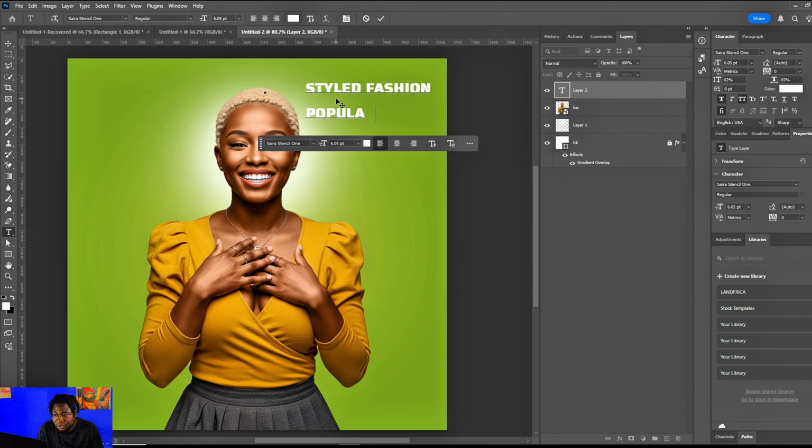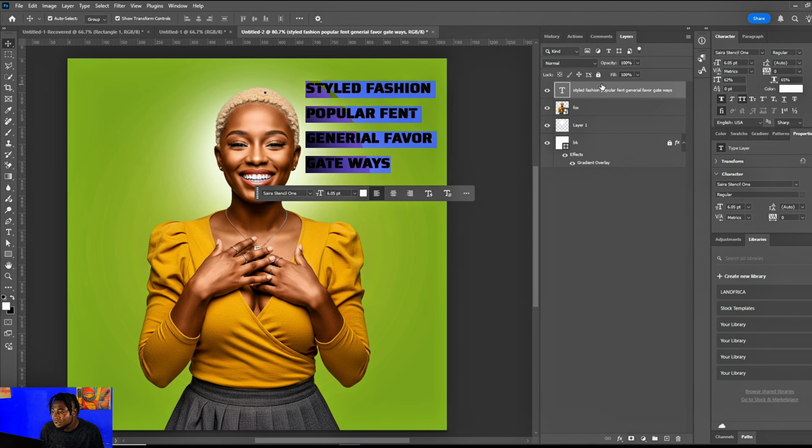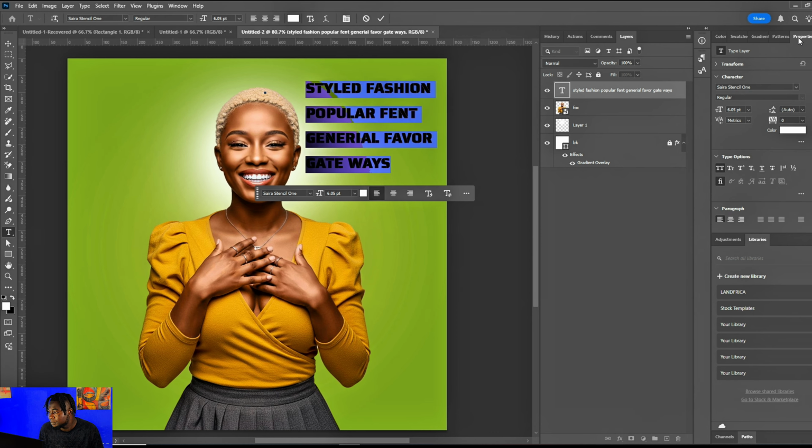So this is popular. Okay, let me drag this one a bit. This should be general favor. Good. Favor, and this should be gateways. Okay, so what I will do is double click on the layer, and I'll go to my properties panel,